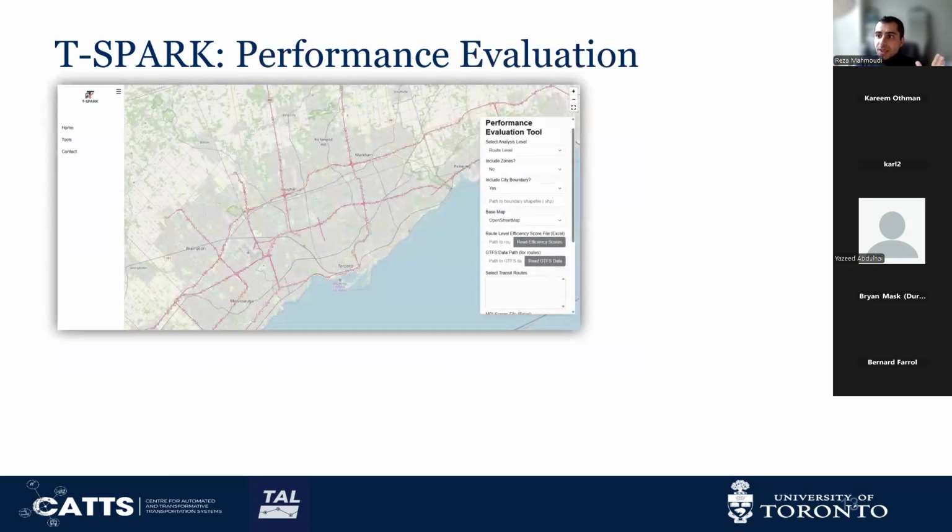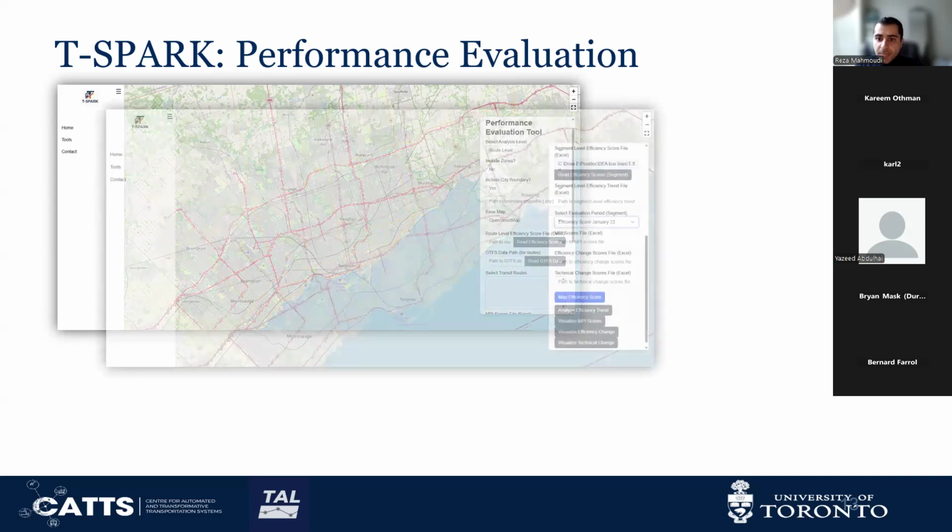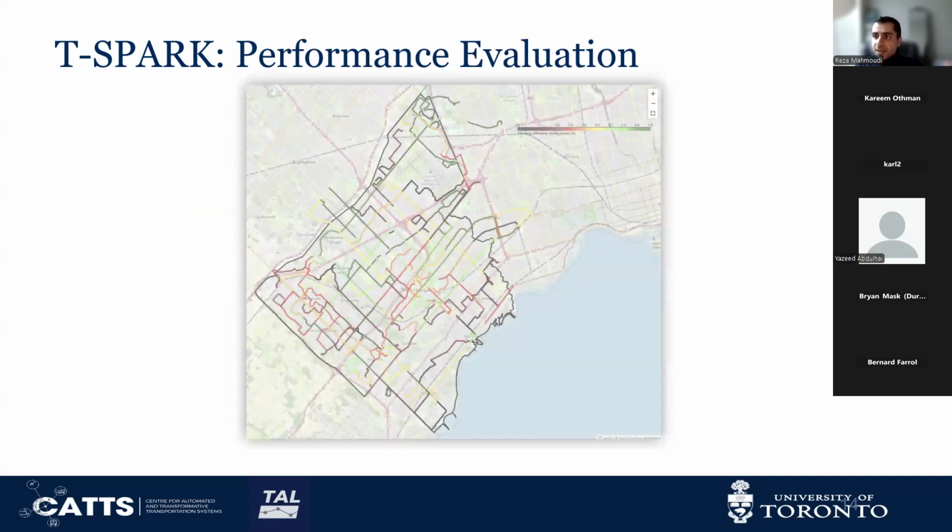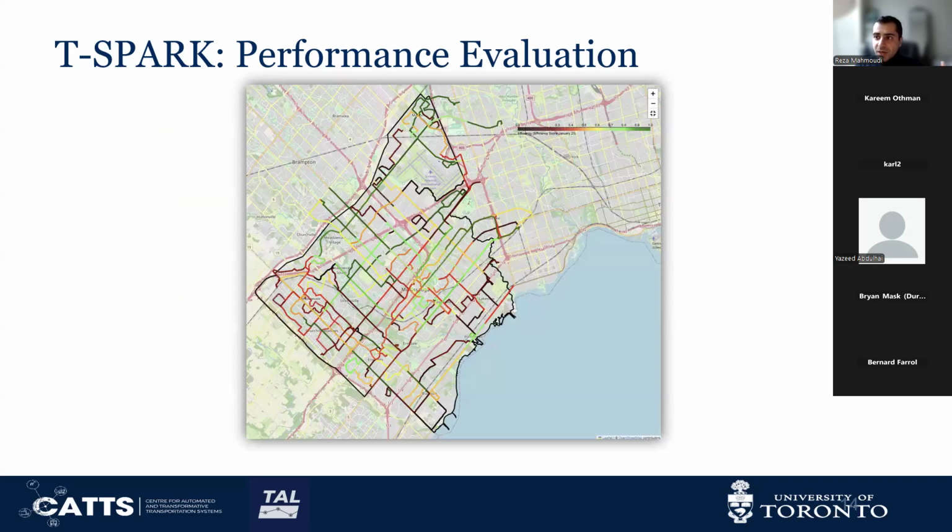So basically, this tool is a tool to translate those raw data obtained by a data engine to a plain language, understandable by a transit planner, by managers, etc. So we will upload those data, we will fit those data created by the engine to performance evaluation tool, and we will visualize data. We will analyze the previous data. For example, just as an example, we can visualize the whole transit network based on the average efficiency scores that we have obtained for each transit route for